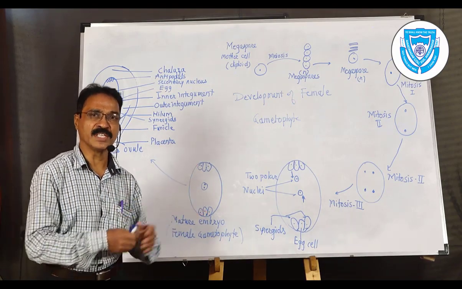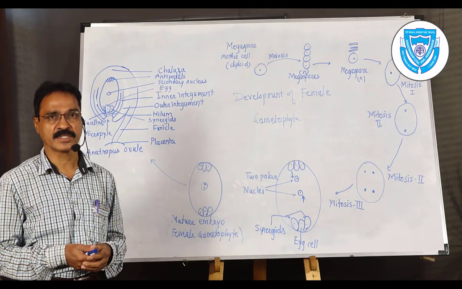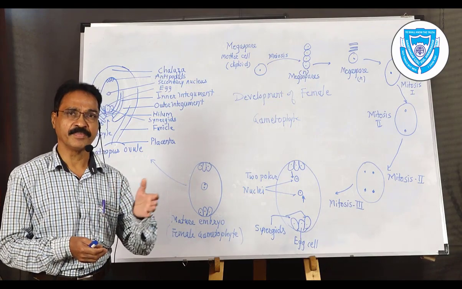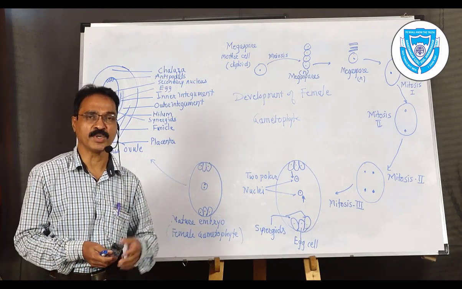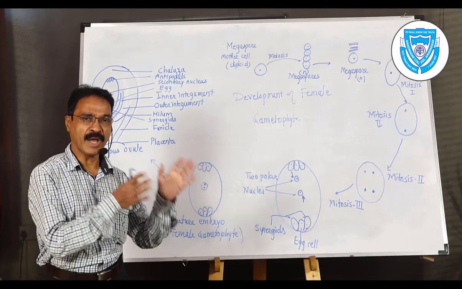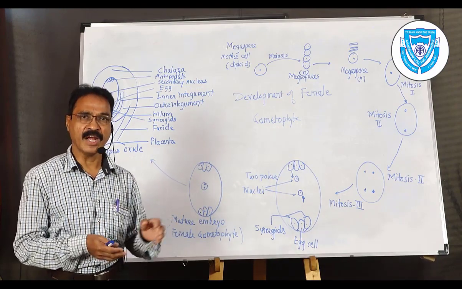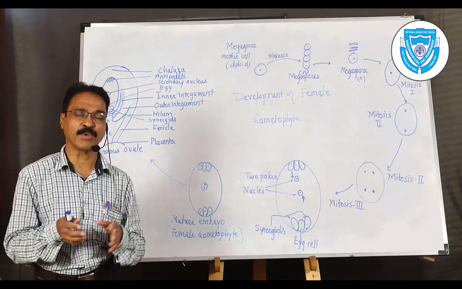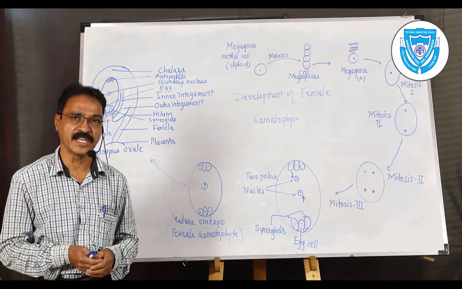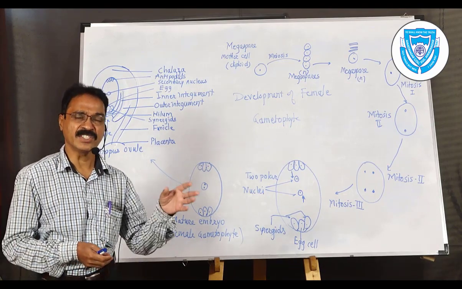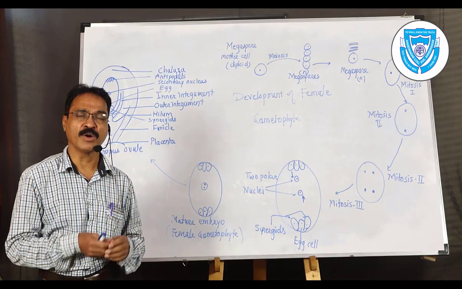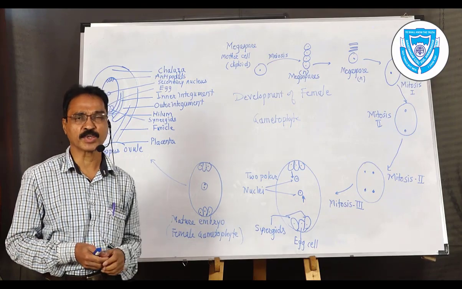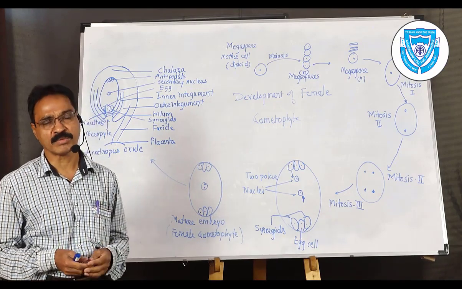Now these microspore mother cells undergo meiosis. The sporogenous cells are diploid, but when they enter a special type of division known as meiosis, the microspore mother cell divides and produces 4 cells. These 4 cells are haploid, because meiosis, as you know, is a reductional cell division. Each of the 4 cells developed is now known as a pollen grain. These pollen grains are very small, microscopic, so they are also known as microspores.